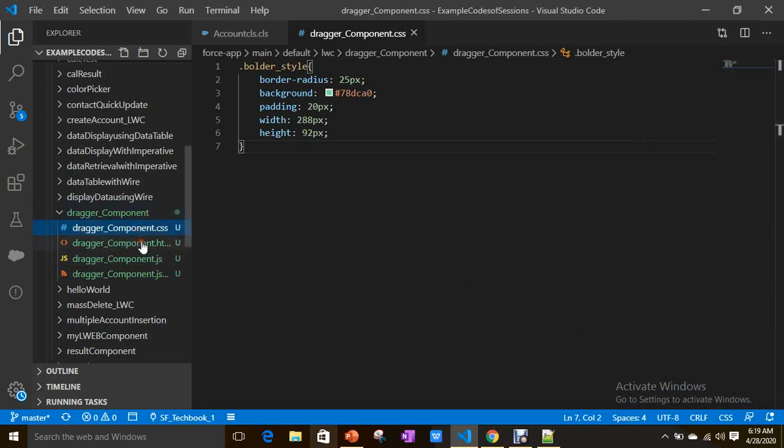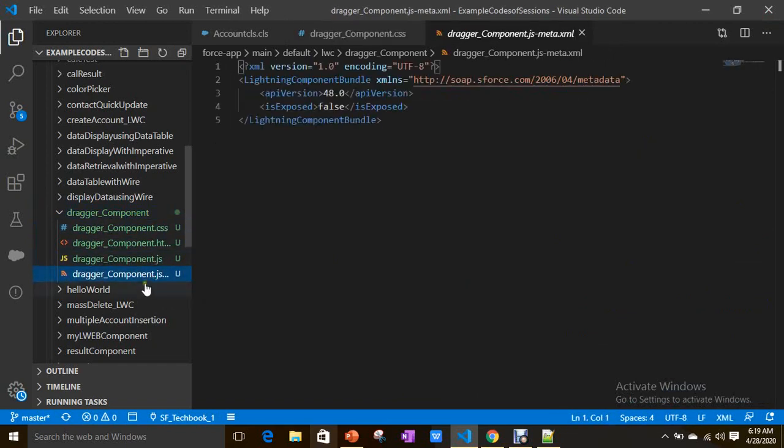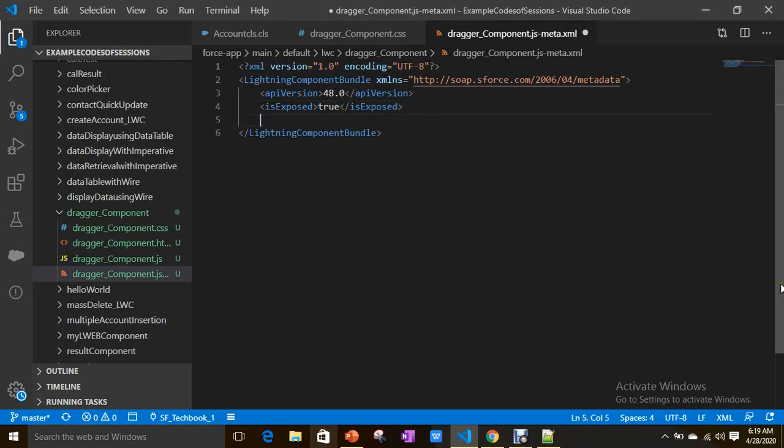Now I have an HTML file, JS file and meta file, and I want to expose this component to an app page. To expose it, first of all, you have to set the isExposed attribute to true and set targets. The target is lightning app page.